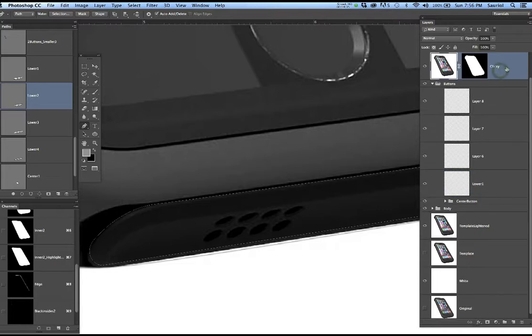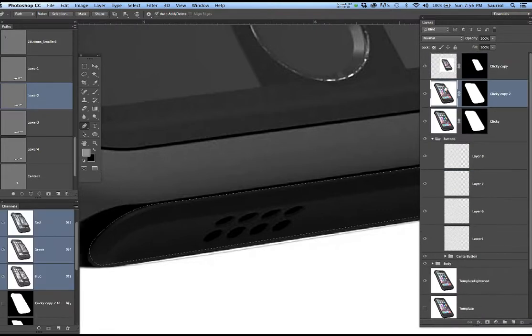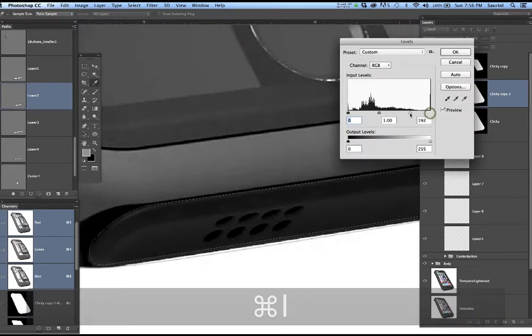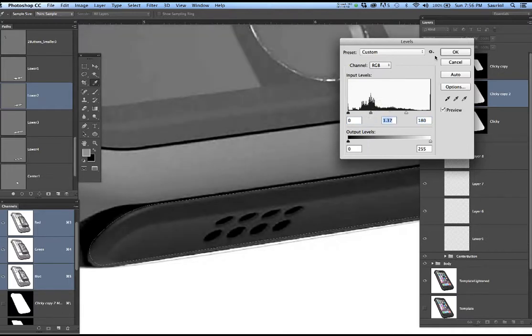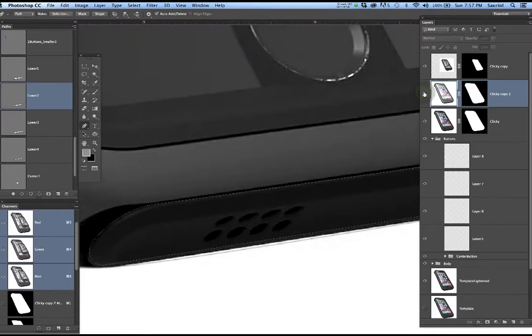So if I did that for you, I'm going to throw it away in a second. I would take the time to do this. I'm going to hit Command L on it, and I'm going to brighten it up ridiculously so you can see what that button actually looks like there. See the buttons? Now I don't want to paint it this bright, but now you can see what the button is. Follow what I'm saying? So I'm going to turn it off. Now I can see what that button is. I'm going to throw this away in a few minutes, but look at how now I have the next one,